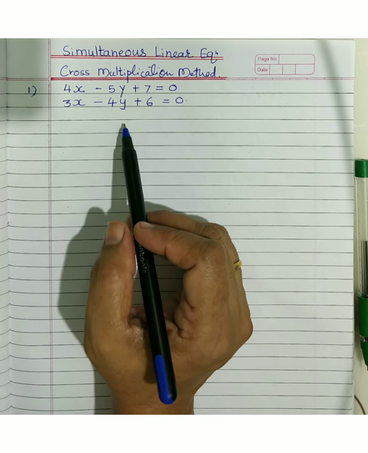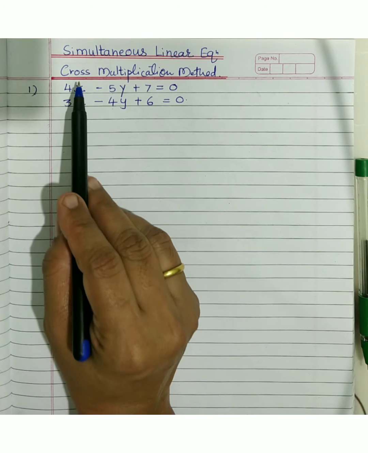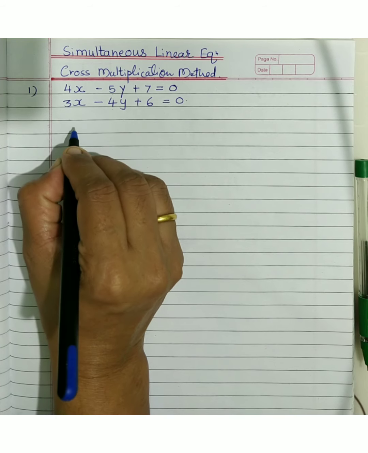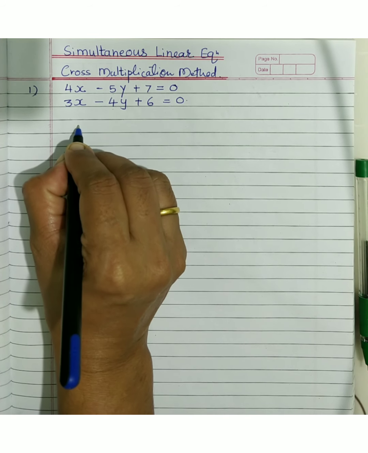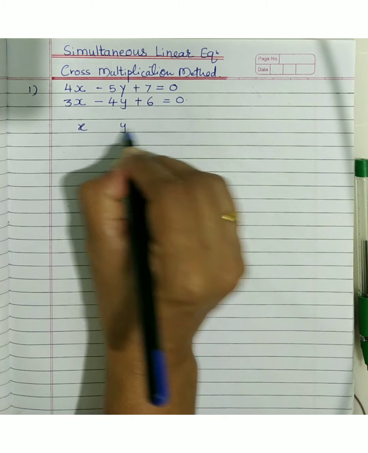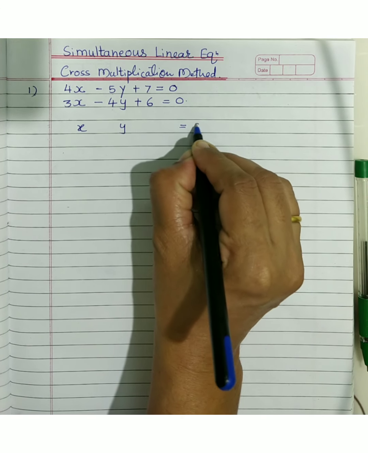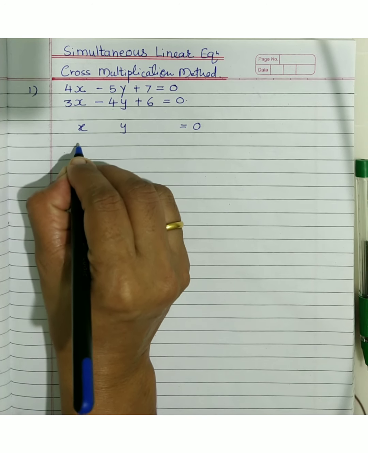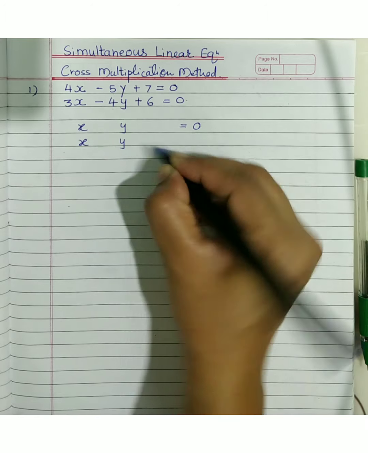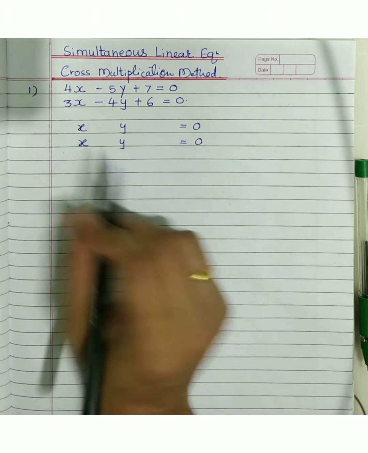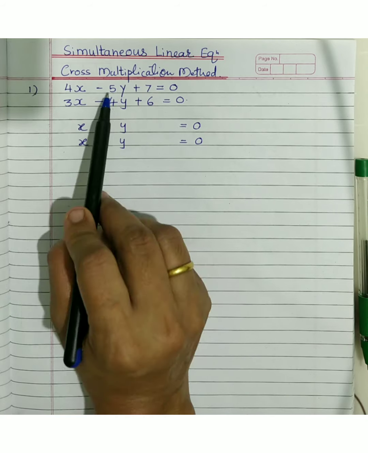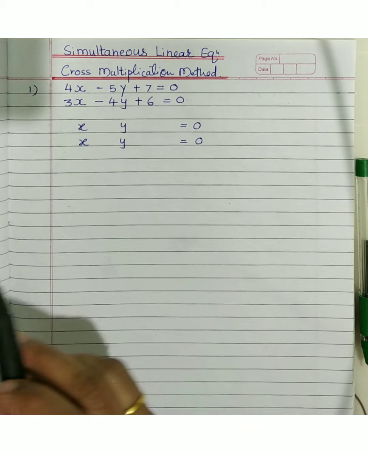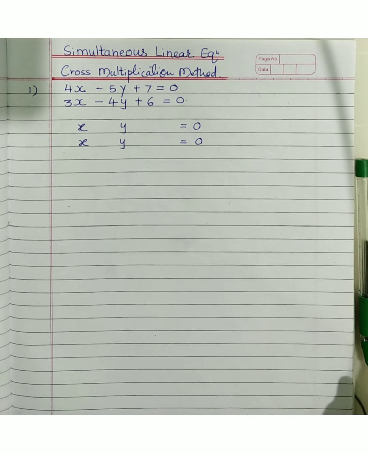Now here in this method it's important to understand which are the coefficients of x, y and which are the constant terms. Suppose if I write this equation as x, y, constant is equal to 0. Just imagine like that way. The second equation also follows the same pattern: x, y, constant term is equal to 0. So understand we need to write the equation into the standard form. Here in this question it is already in standard form, so not to worry about that. But otherwise you will have to make it in standard form.